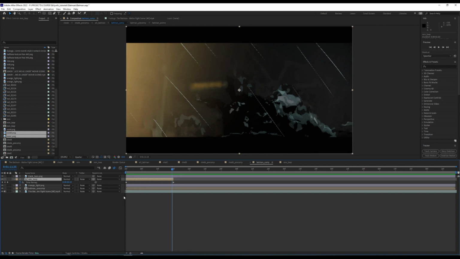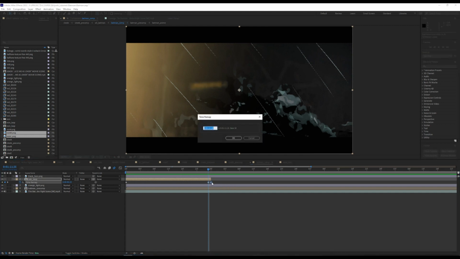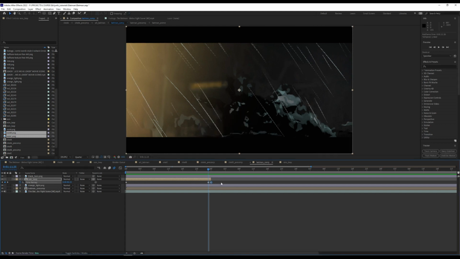And now we're going to create a new key. Okay, I'm just going to zoom in a bit so it's more visible. Now, double click on the last keyframe and put this to 0, press OK, click auto fit, click again, and